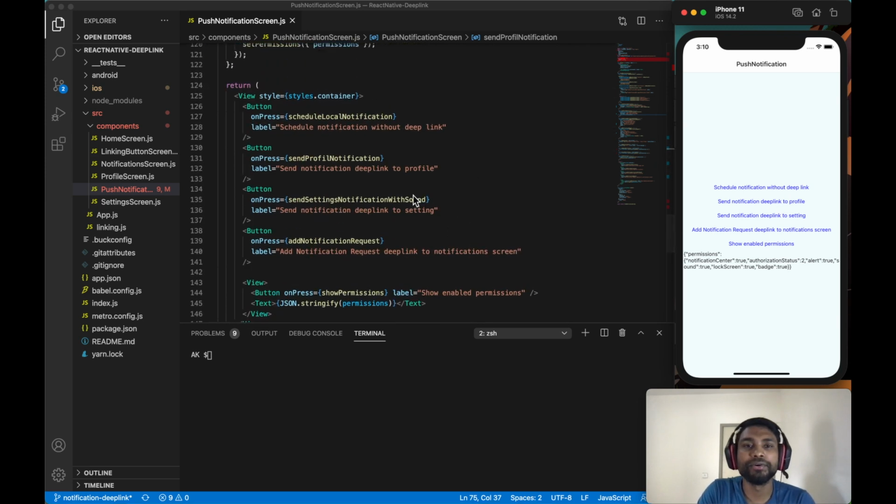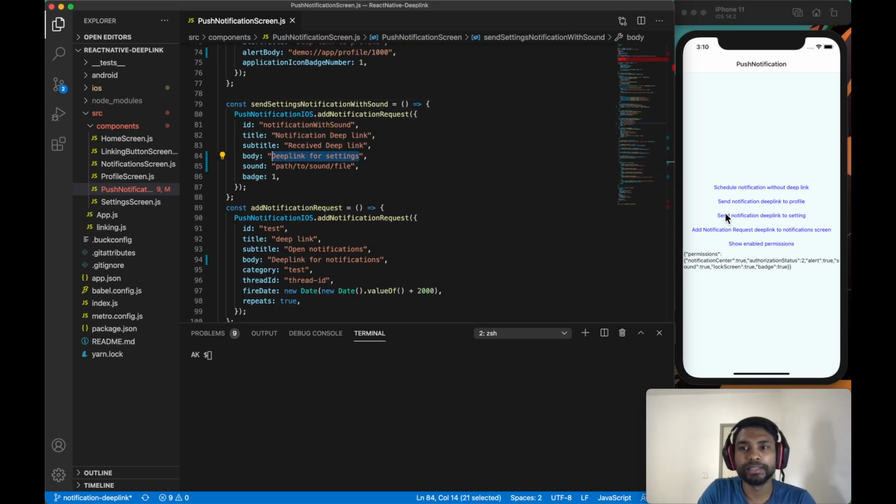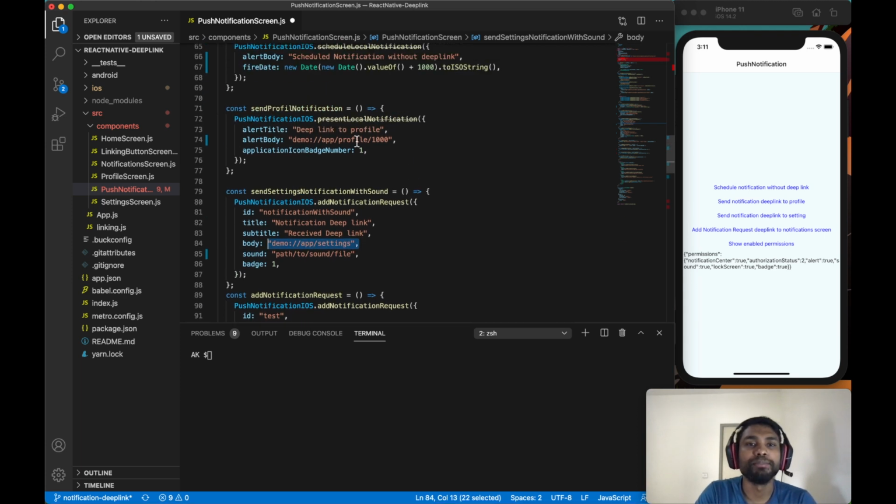Let me modify all buttons with a deep link. The third button in my app is send notification deep link to settings. I have to add the deep link to settings as the body of the notification. As you remember, the deep link URL from the last video was demo app / settings for the settings screen, and demo app / profile / profile ID for the profile screen.